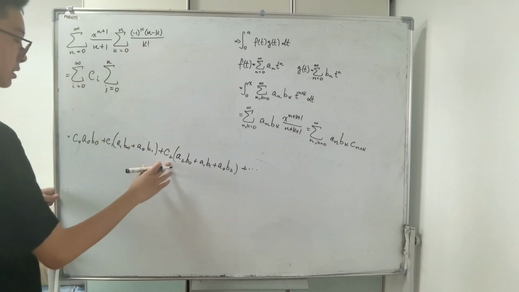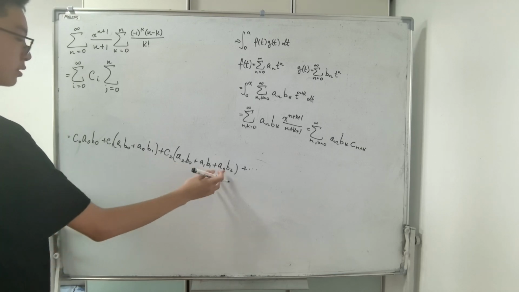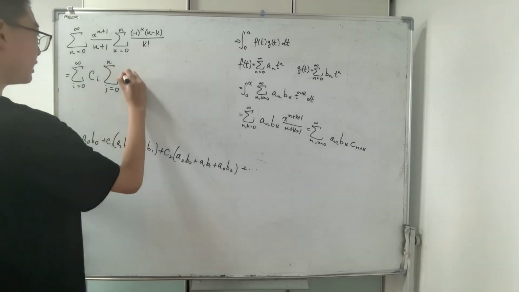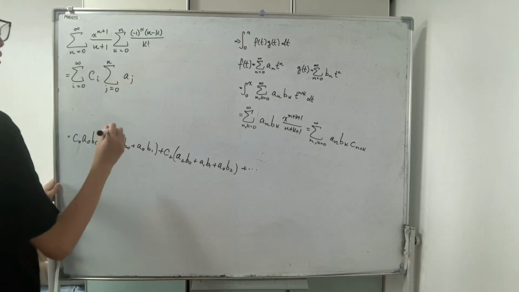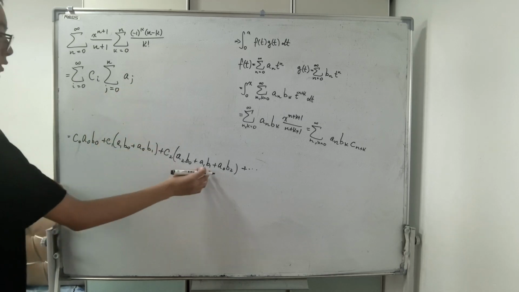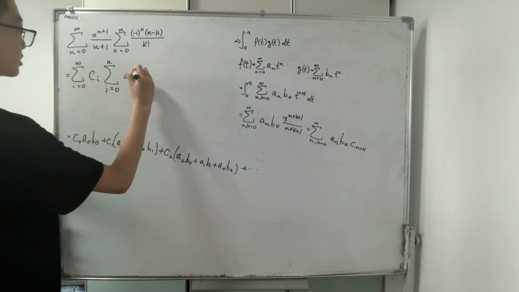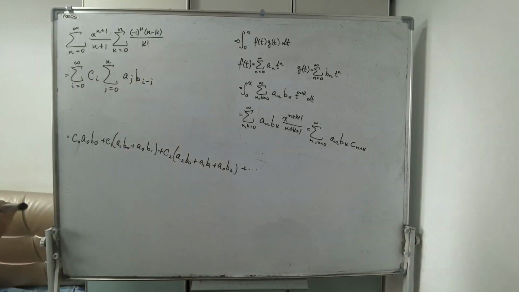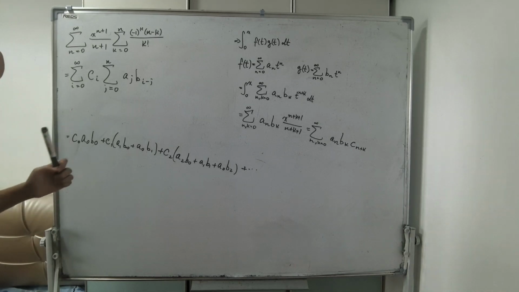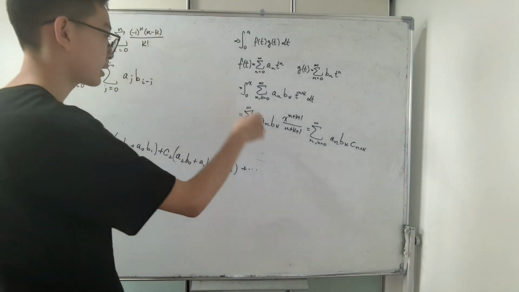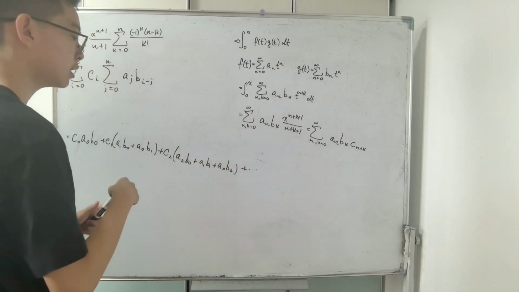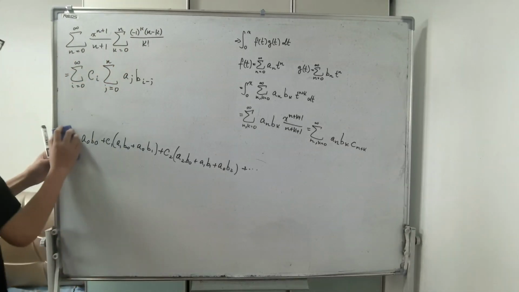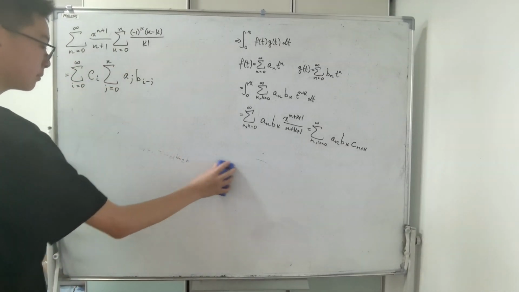Because let's take this for example. For c2, the index of a goes 0, 1, and 2. So 0 up to i, we have aj. And then the indexes of a and b must add up to i here. So the index of b must be i minus j. And that's basically what we've done. And now we can sort of bring back the old definition. We don't need to write things in terms of c anymore. And that will be,